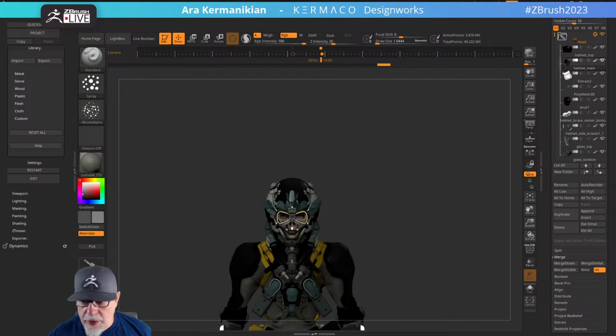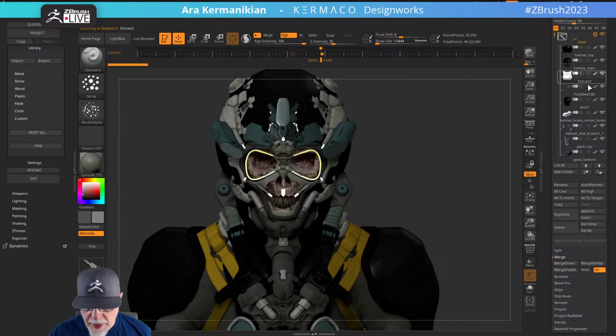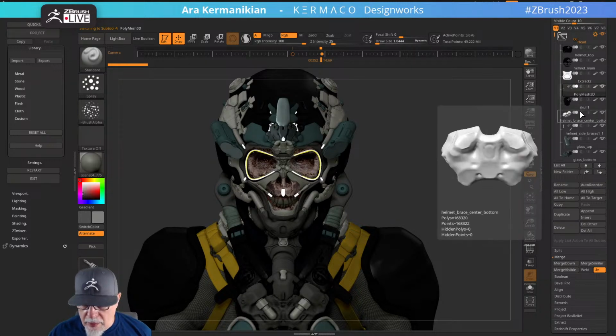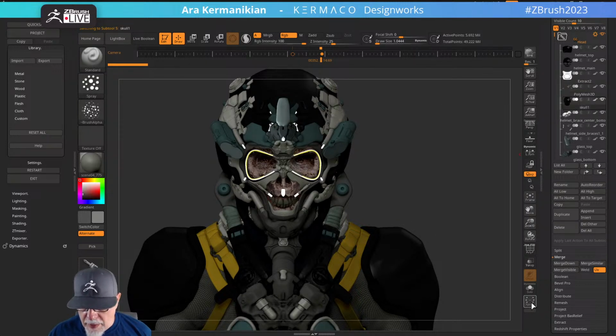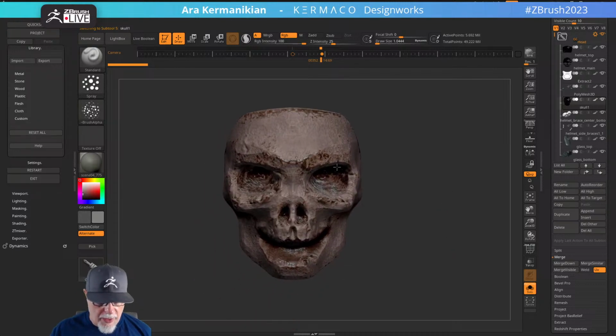All right, let's move on to the next part here. So this one, I don't really care about it. It's going to be just a material that I apply in KeyShot, so that's not a big deal. Same with these guys. Okay, so now we're moving on to the face. All right, so the face, I actually did weather it, but I'm going to do it over just,